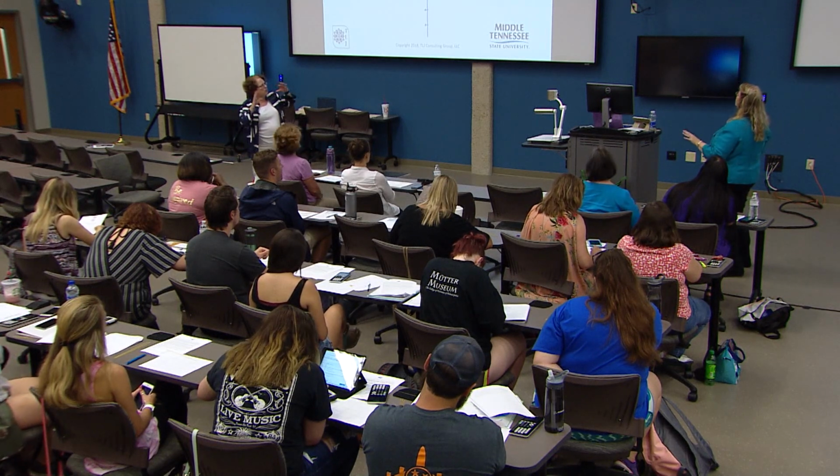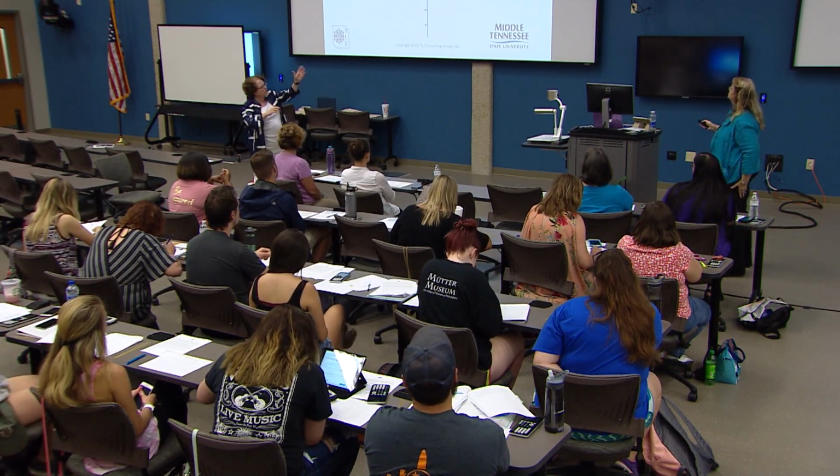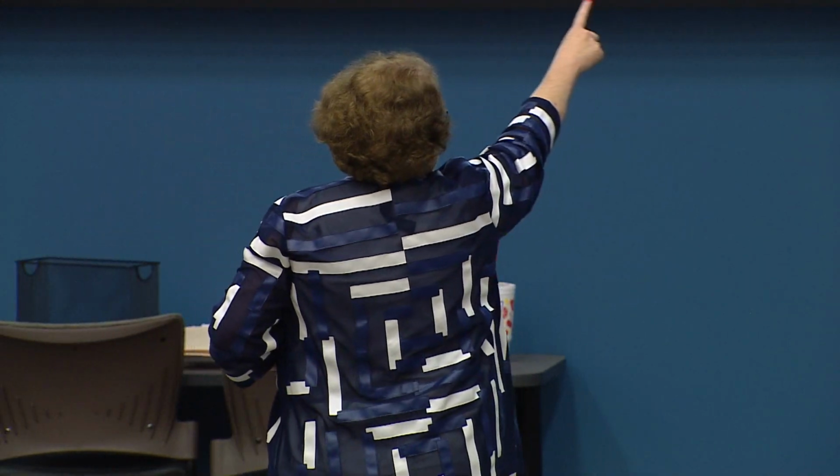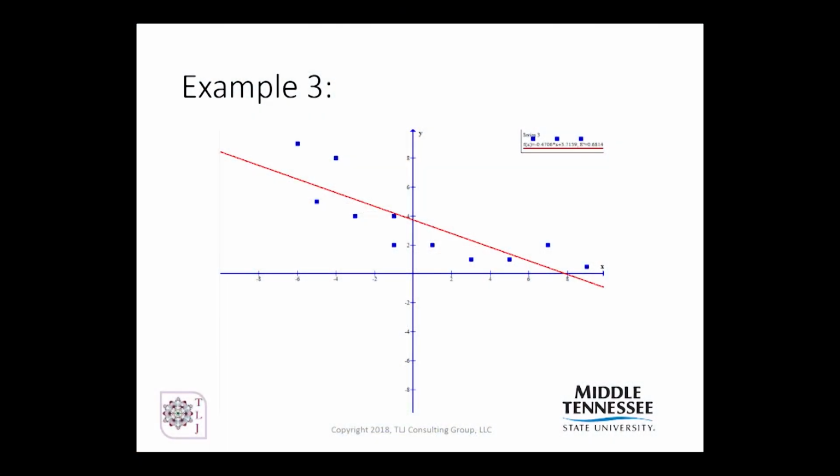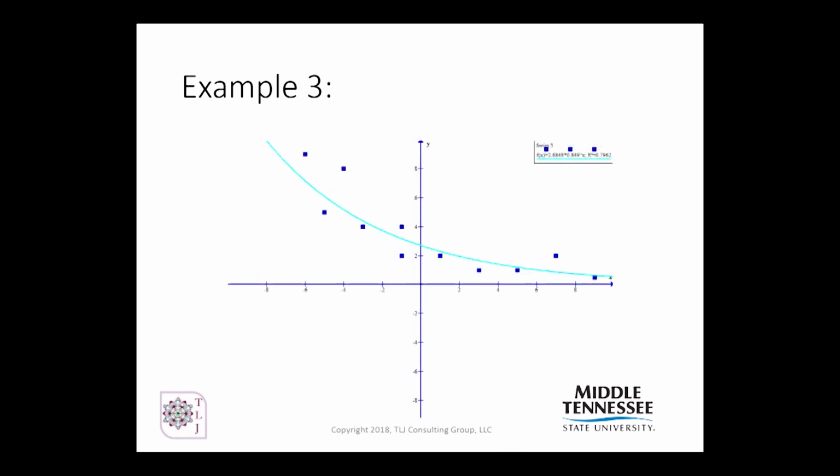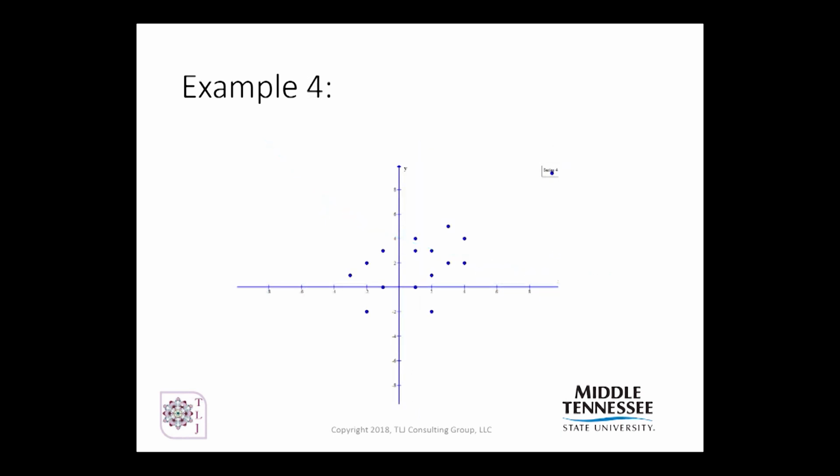Okay? So there are lots of good data where you're looking for patterns, and I would draw this pattern as a curve coming down and then leveling off at the x-axis, and I would say, I'm not going to look for a line on that data. I'm going to look for an exponential equation. So the last example, there's the exponential. You can't hardly see it because of the blue. That's what an exponential curve would look like. And you saw the previous one. The fourth example, is there a pattern there?